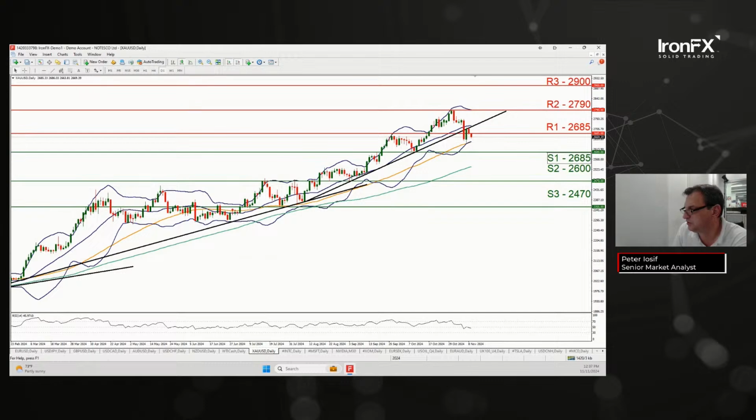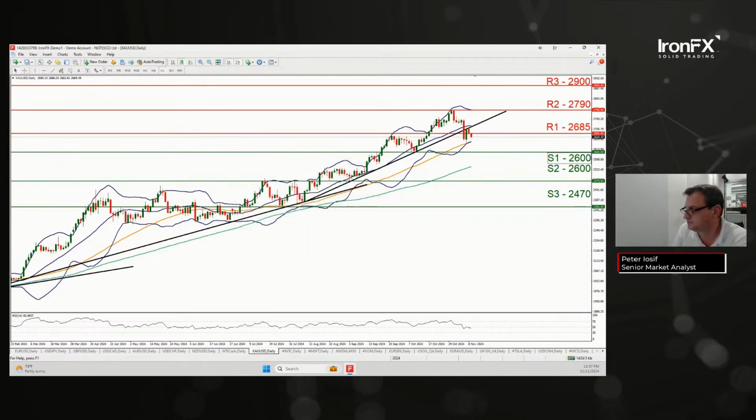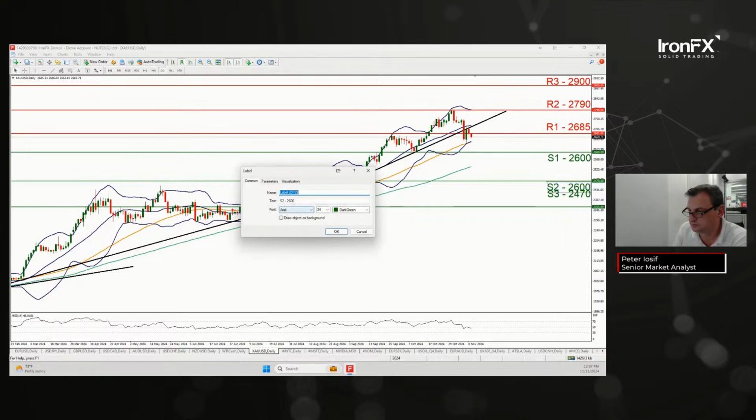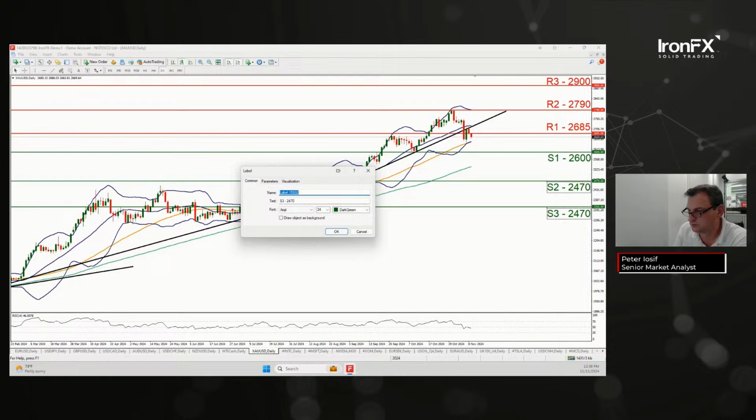The S1 at 2,600. The S2 at 2,470. And the S3 at